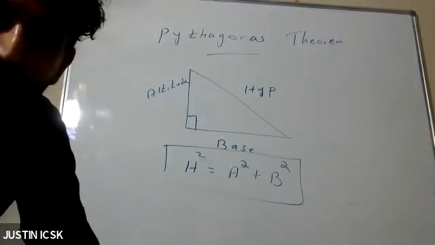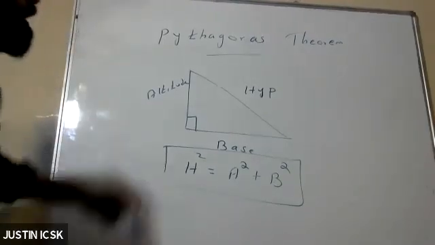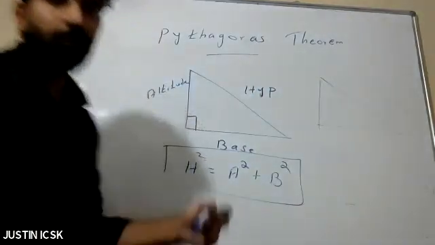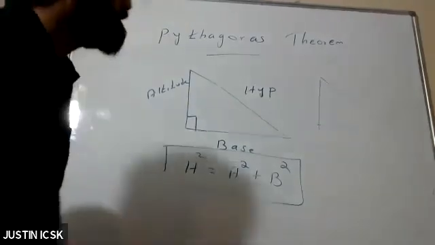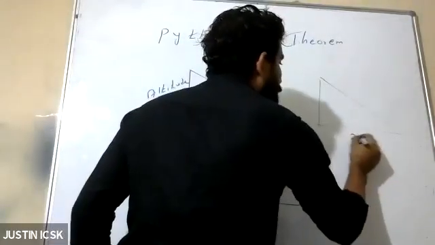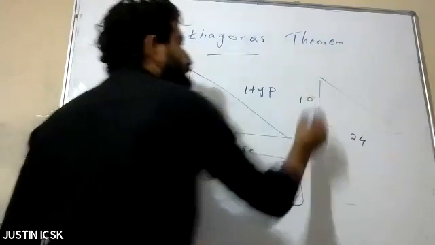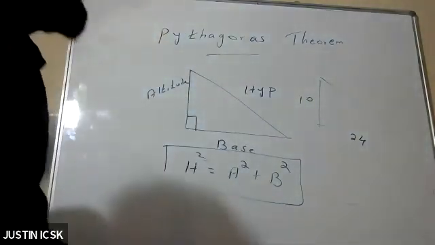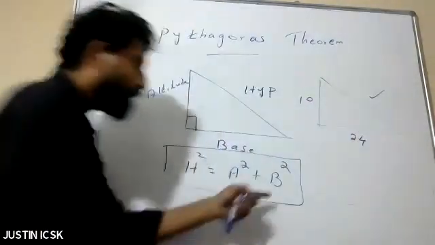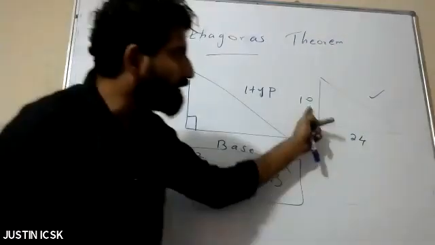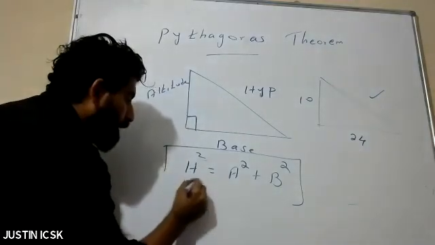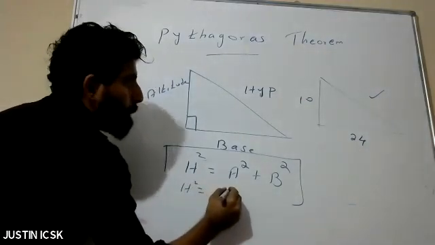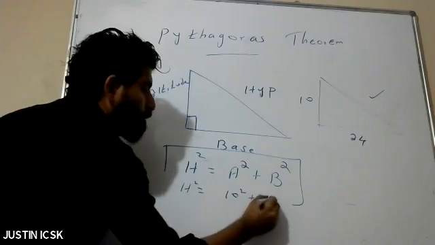But for higher classes, it is not a problem once you practice. When you are starting, suppose one side is given as 24 and the other side is 10. What technique do we use to find this? According to this formula, one side is 10, the other side is 24. So x square equals 10 square plus 24 square.